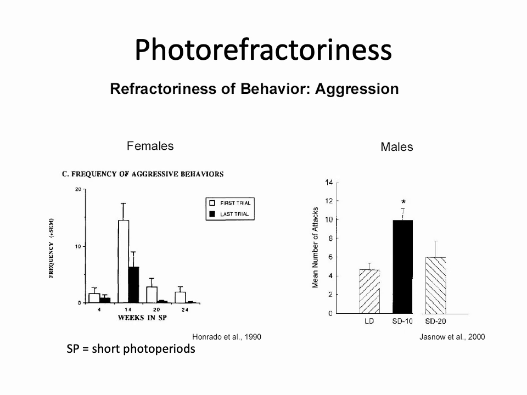Looking both at females on the left and male hamsters on the right, we can see that both males and females will become more aggressive in response to short days. But eventually that wears off, and despite the fact they're still in short days, so SP on the left stands for short photoperiods, but it's the same as short days. In response to short days, they increase aggression, but that eventually wears off. They're no longer sensitive to short days because they've entered a period of refractoriness, and they go back down to their baseline levels of aggression.